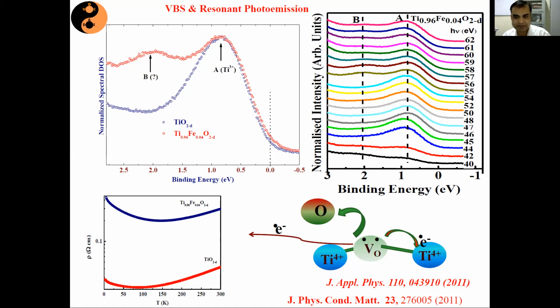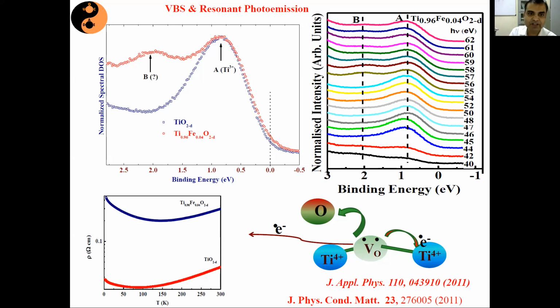So just imagine that per oxygen vacancy, we have 1 free electron, and one of the free electrons is converting titanium 4 plus to titanium 3 plus. So that means we have free electrons and also some titanium 3 plus defect state. So how do I really confirm that we had titanium 3 plus?